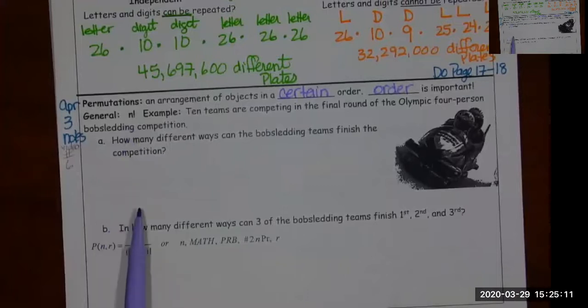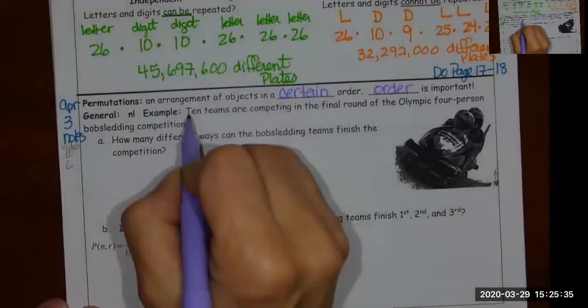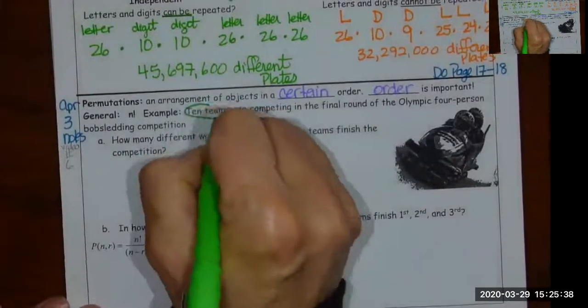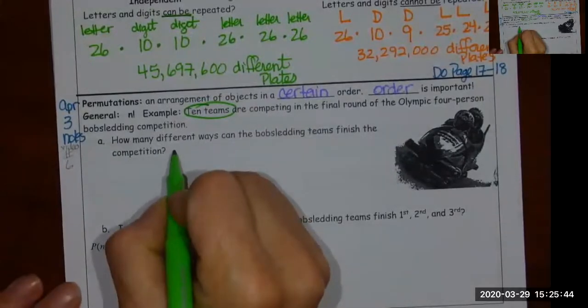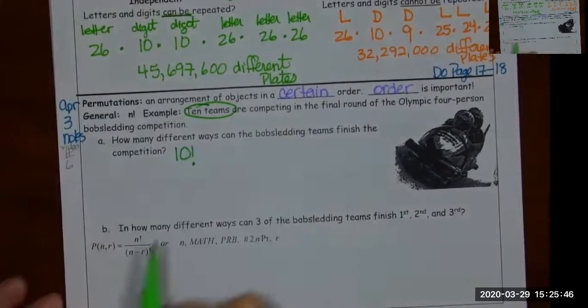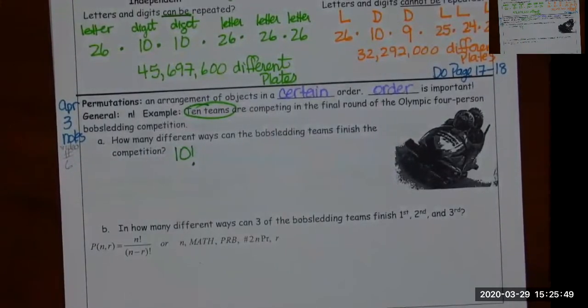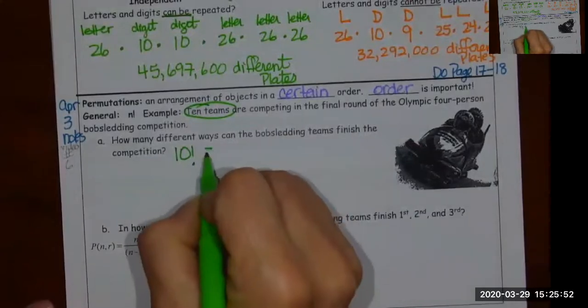So let's look. How many ways can bobsledding teams finish the competition? 10 teams are competing in the final round of the Olympic 4-person bobsledding. How many ways can the bobsled teams finish the competition? There are 10 teams. So how many ways can they come in? 10 factorial, which you can type into your calculator with math, PRB, 4, and that equals